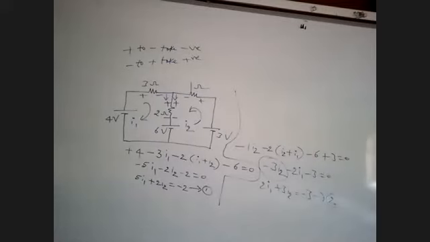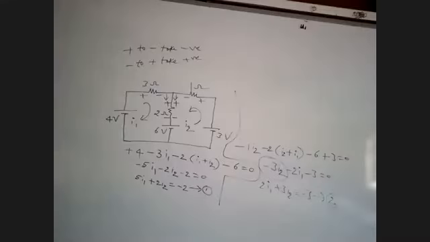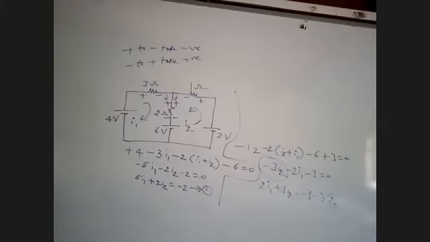Somebody is asking, can't we take clockwise and anti-clockwise? It is not clockwise and anti-clockwise. Based on the given problem, we have to take. Depending on the direction of current, the values of currents I1 and I2 will change. If it is not given in the question, we can assume. But definitely they will give it in the exam.